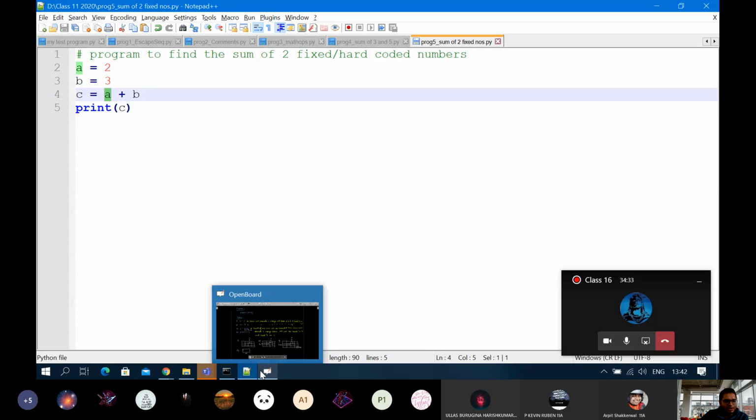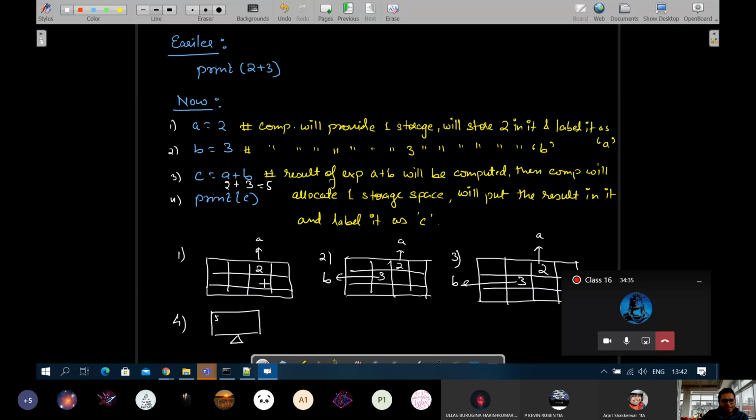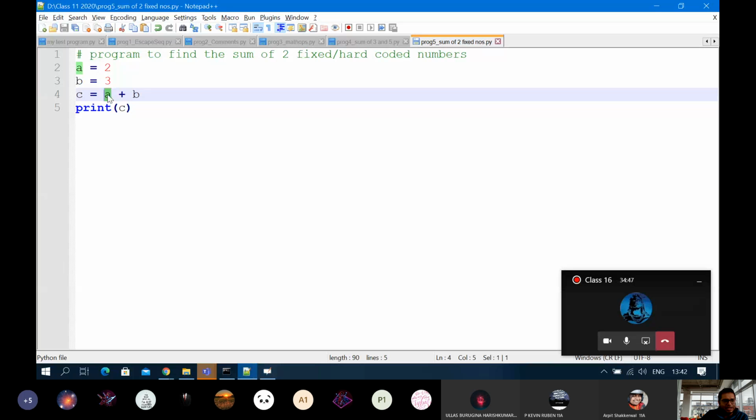So the computer will start searching the RAM and find the memory location A, and from there it will fetch the value 2 and replace it in the expression here.